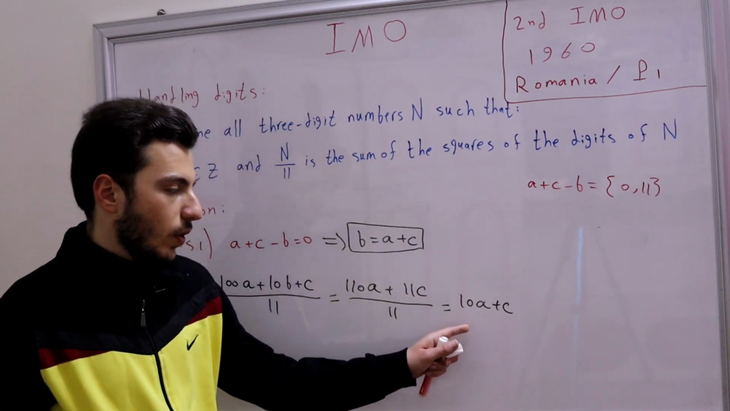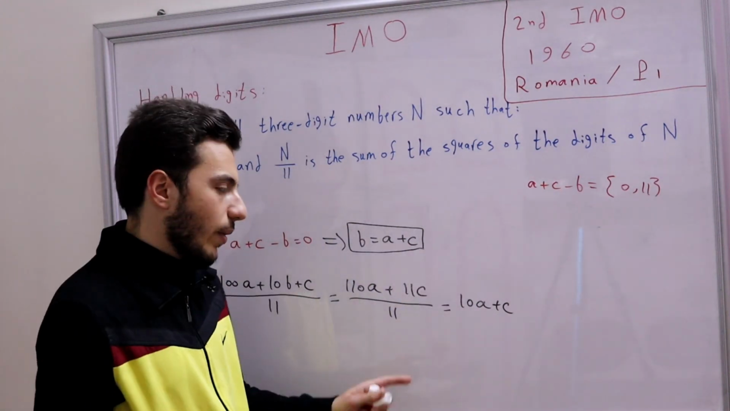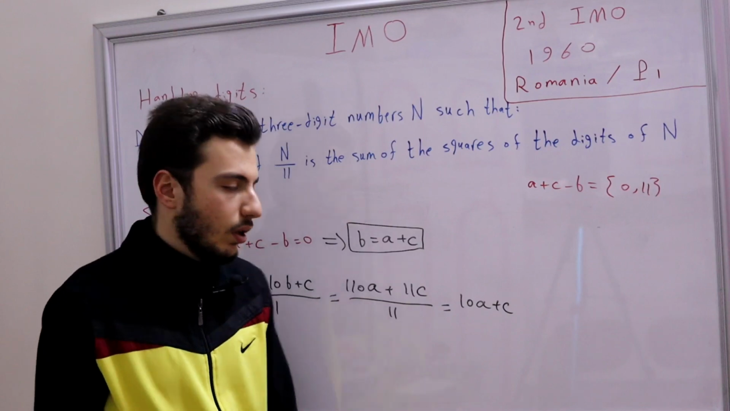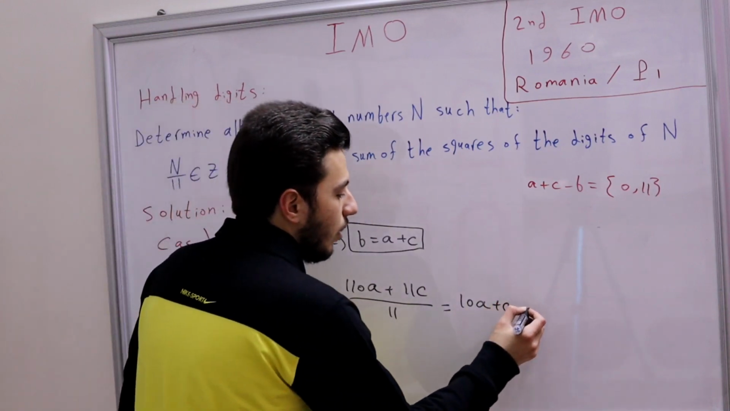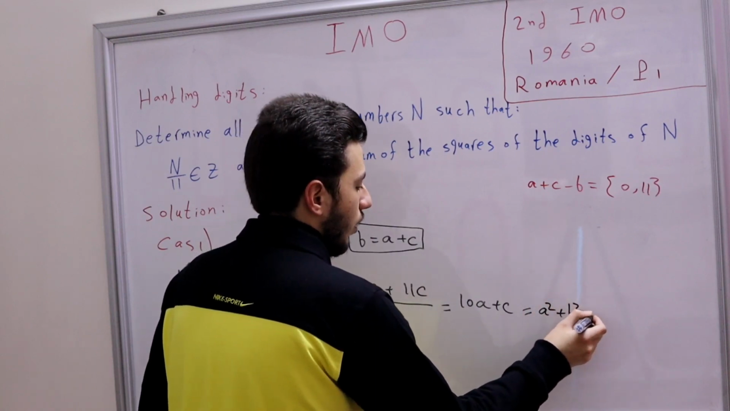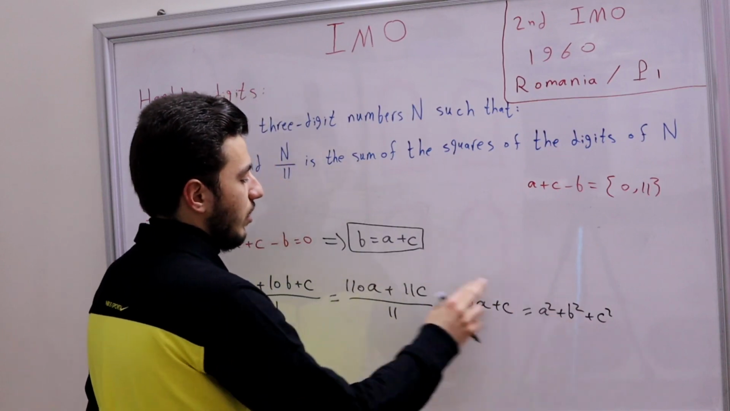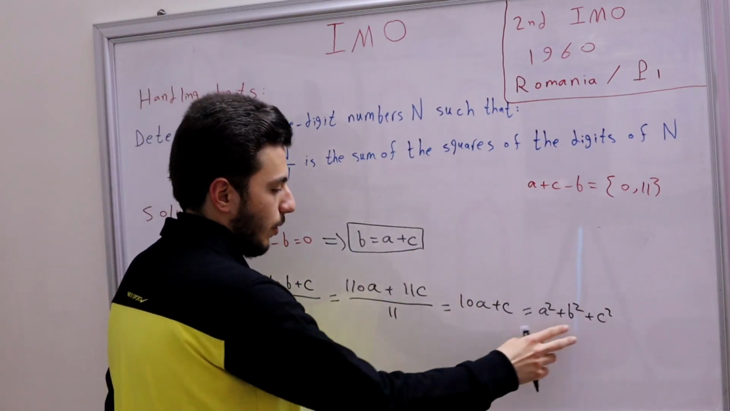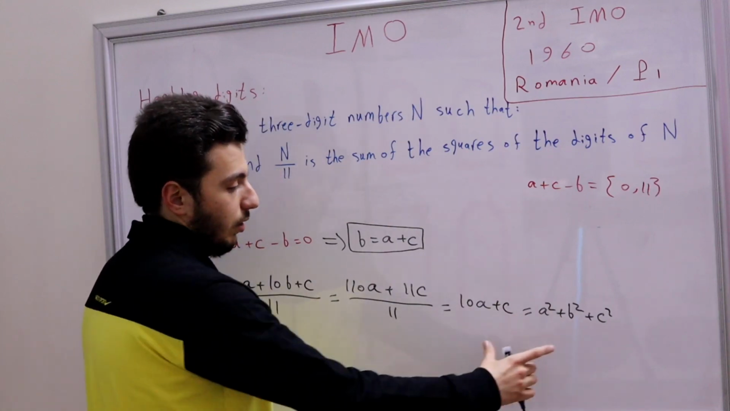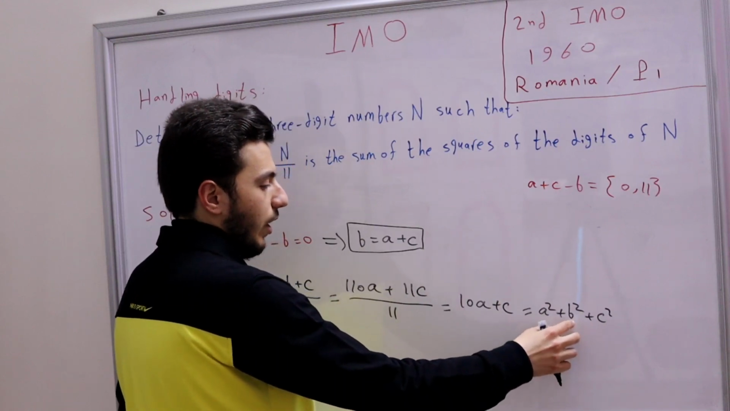Okay. And now we know that 10A plus C is simply A squared plus B squared plus C squared. So let's write that down. Okay, but remember, we know that B is A plus C, so it also makes sense to substitute B with A plus C here, and then we're going to have a much simpler equation with just two unknown variables. So let's actually write B as A plus C